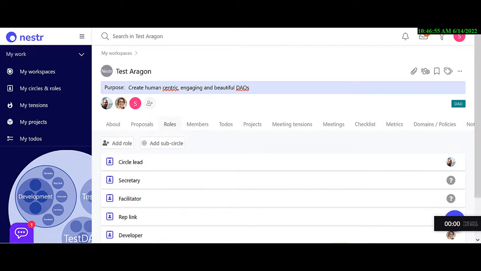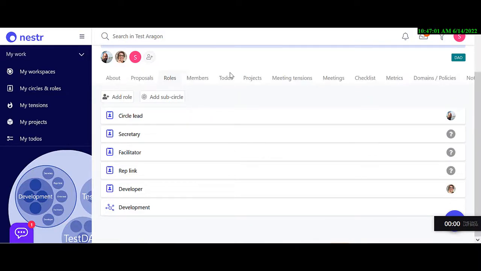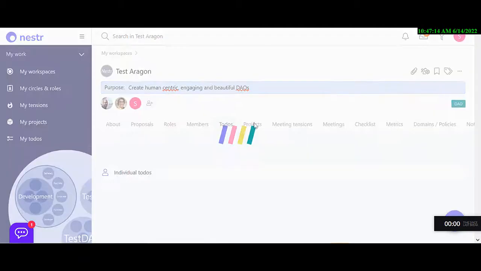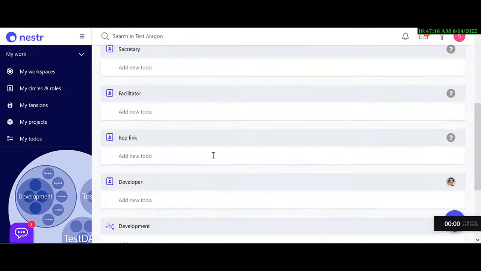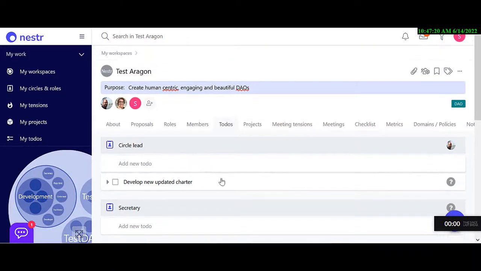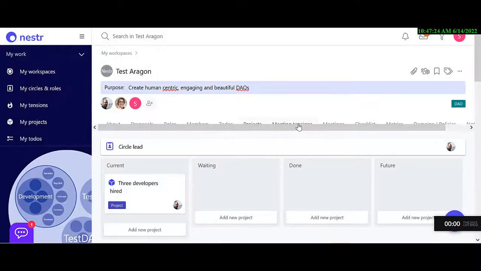At the moment, most of these policies and tasks are being done in Notion. I find it a bit cumbersome to just go use Notion all the time. So here's the members of this circle, and well, the to-dos list of all the DAOs. You can have a bird's eye view here. The projects you're doing involved,